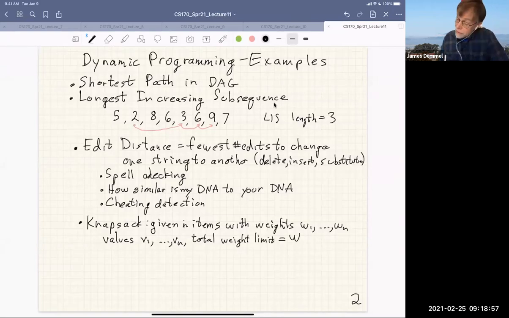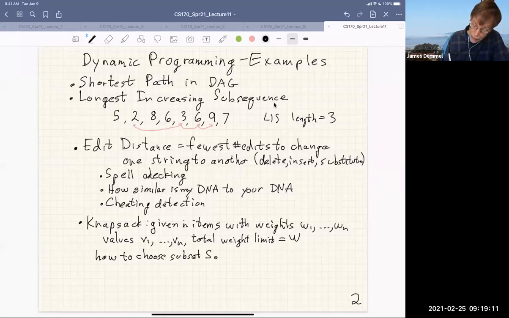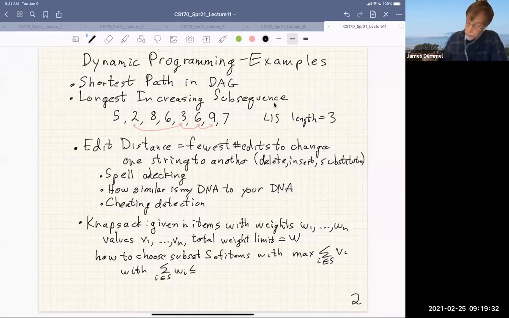So the question is, how do you pick the subset of these items to maximize the value, but keep within the weight limit? So the sum over all items in the subset of the values with a weight limit. And so this could be referred to as robbing a jewelry store, which is, I think, where the name knapsack came